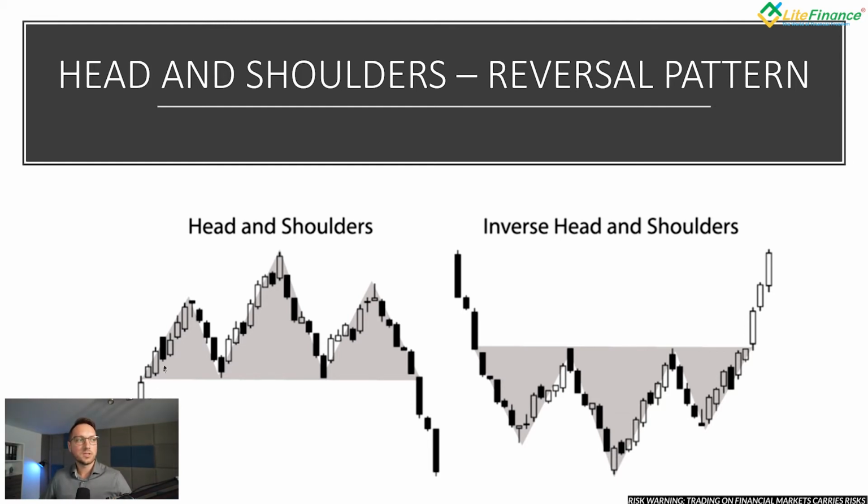So we have the clear move to the upside. First top, lowest point. Second top higher than the previous one, lowest point more or less at the same level. It doesn't necessarily need to be, but if it is, it is a perfect example to illustrate the point. And the third one is more or less at the level of the first one. And then after the creation of this pattern, when we draw the line based on the lows, this point is more or less our entry level, and the stop loss, of course,